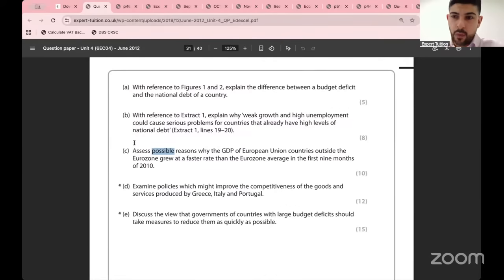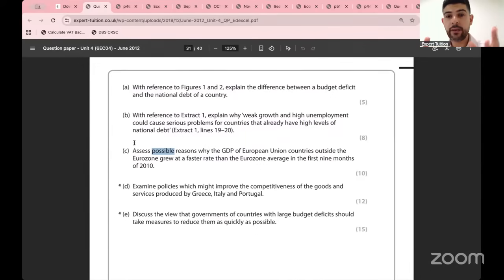Another reason potentially for why countries outside the Eurozone may have experienced more rapid growth is it could have been that the pound depreciated relative to the euro. Can the euro depreciate relative to another euro? No, it can't. Therefore, those countries that do most of their trade with each other never have the advantage of becoming more price competitive, specifically in terms of their exchange rate. There are other ways to become price competitive, like inflation rate, how productive your workforce is, your quality competitiveness. But in terms of your exchange rate, you can never be more price competitive compared to